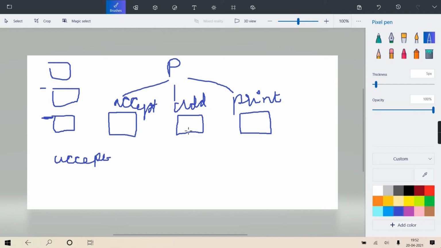That addition we have kept separate, and we only call accept, then call add, and then call print thrice. Will it make your code smaller in size? Yes, because the repetition logic you have put once only within the function, and then you are just calling that function any number of times.